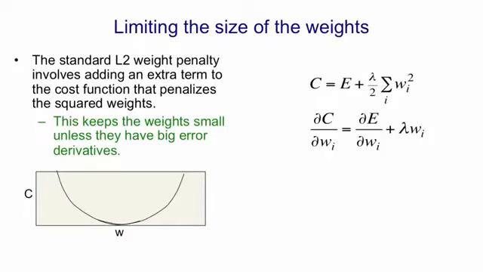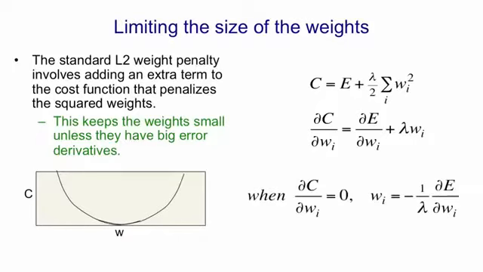If you look at the equation, the cost that you're optimizing is the normal error that you're trying to reduce, plus a term which is the sum of the squares of the weights with a coefficient in front, lambda, and we divide by 2 so that when we differentiate the 2's cancel. That coefficient in front of the sum of squared weights is sometimes called the weight cost. That determines how strong the penalty is. If you differentiate, you can see the derivative of this cost is just the derivative of the error plus something that's to do with the size of the weight and the value of lambda.